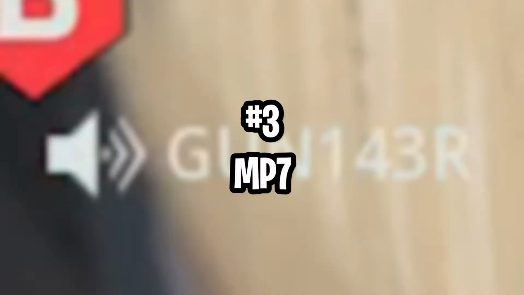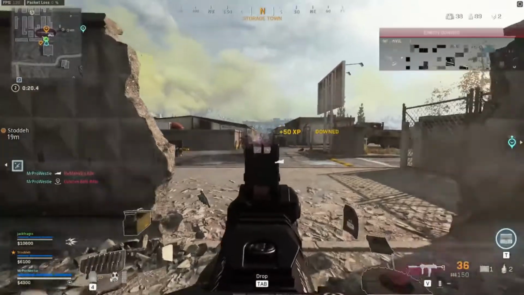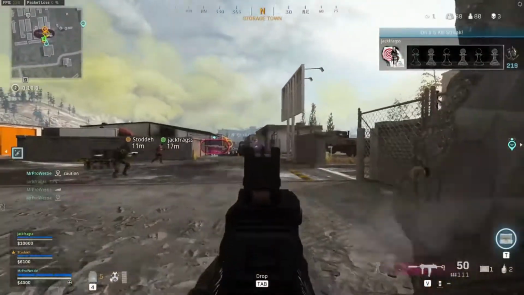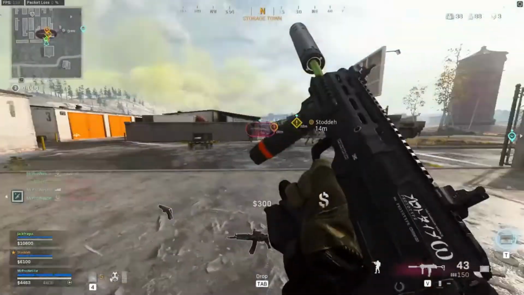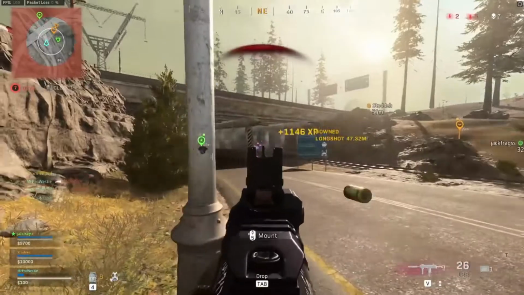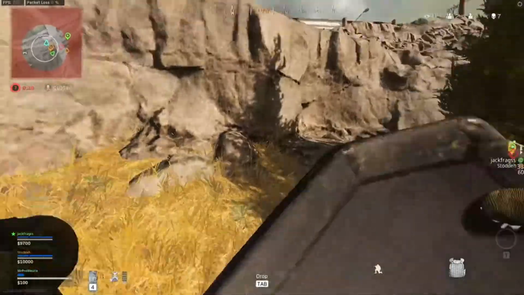Number 3, MP7. It may seem like a surprise, but the MP7 is actually a decent option for a fully loaded class. The gun does not do enough damage up close to be a top secondary option, and it also does not have the damage values at range to compete with the best ARs. However, the weapon can be used at every range and has one of the top recoil patterns among the SMGs